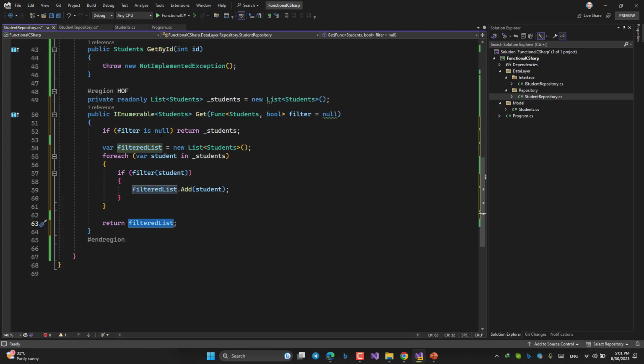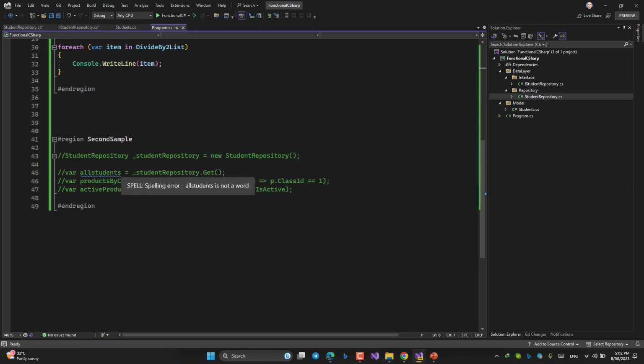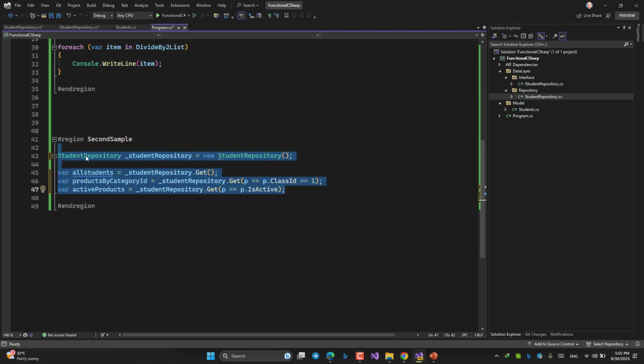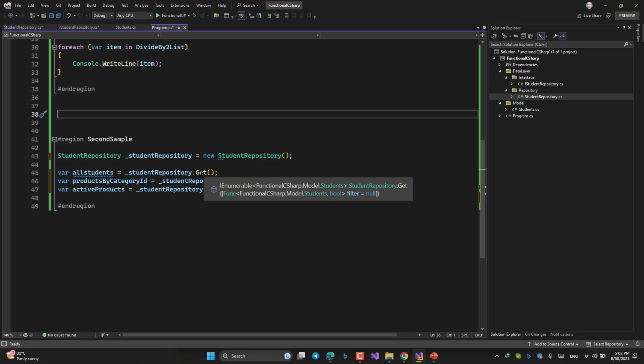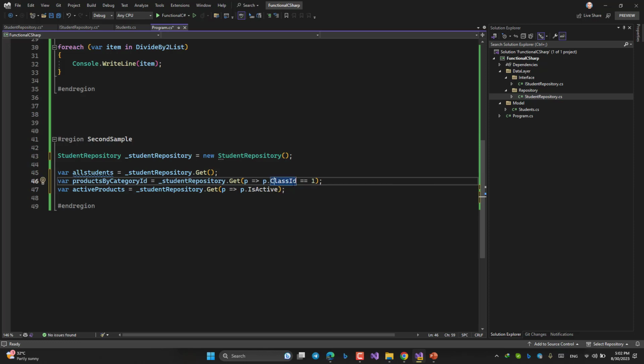So, how can I use this? Let's have a look here. See? I have an instance of my repository and then simple Get or Get with a parameter.